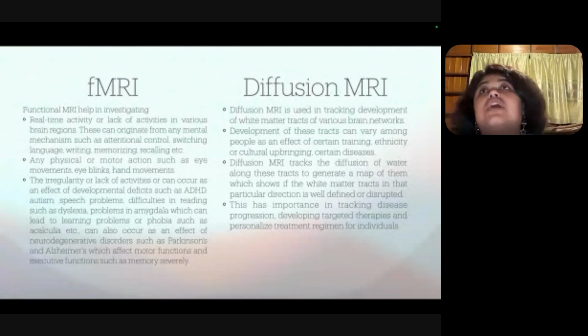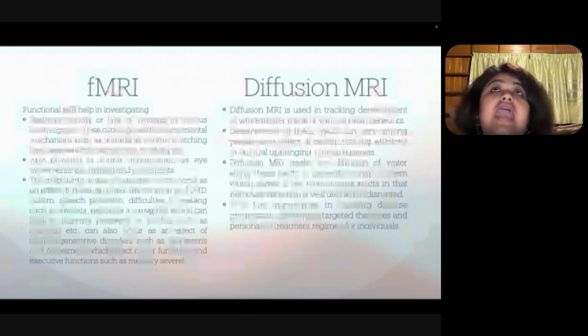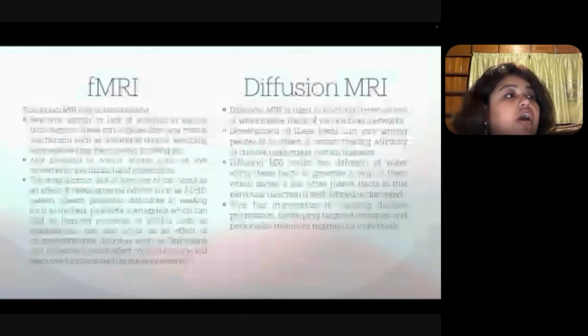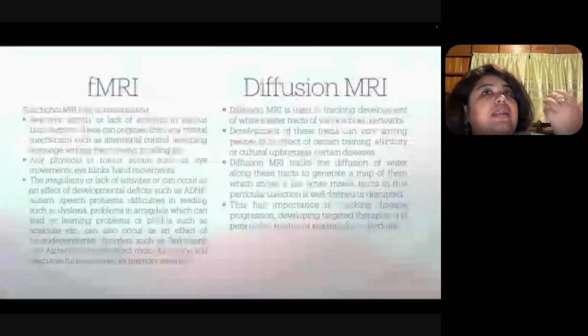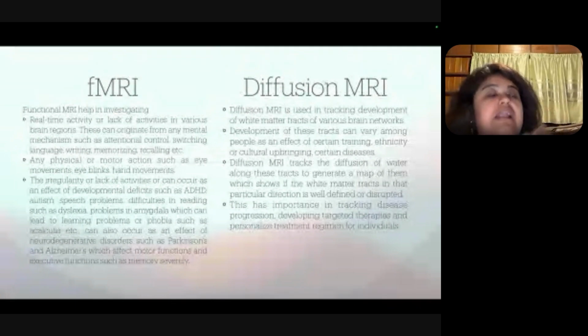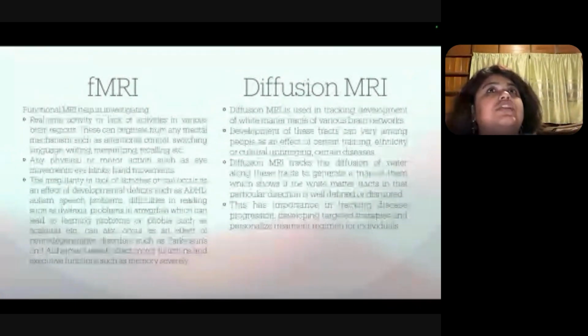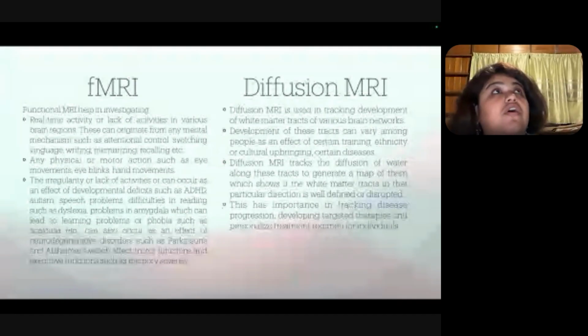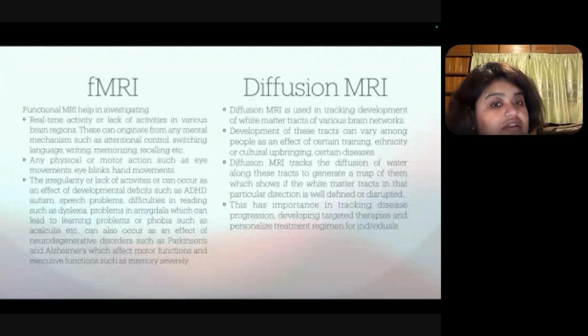And how do you control your attention? Are you easily distracted, or can you focus your attention very well? It can be switching language. When we talk, we don't always talk in one language. If you are in a multicultural setting, you may have friends with whom you need to converse in different languages. So that is called language switching. Also, when you are writing, you have a different region of your brain associated with writing.